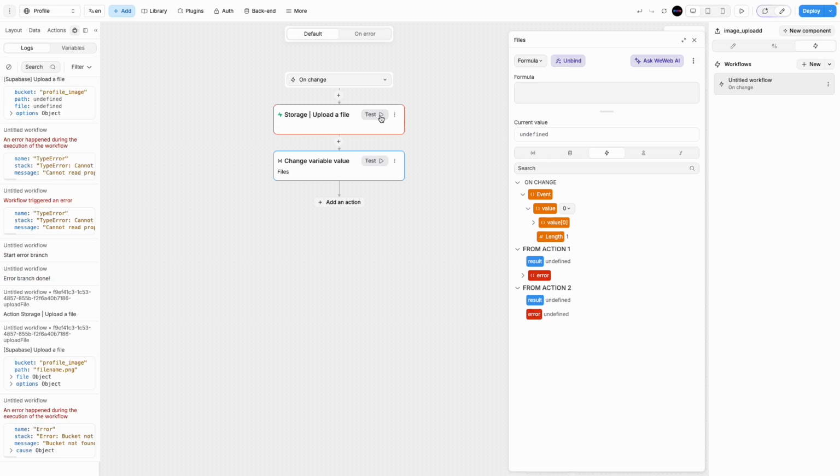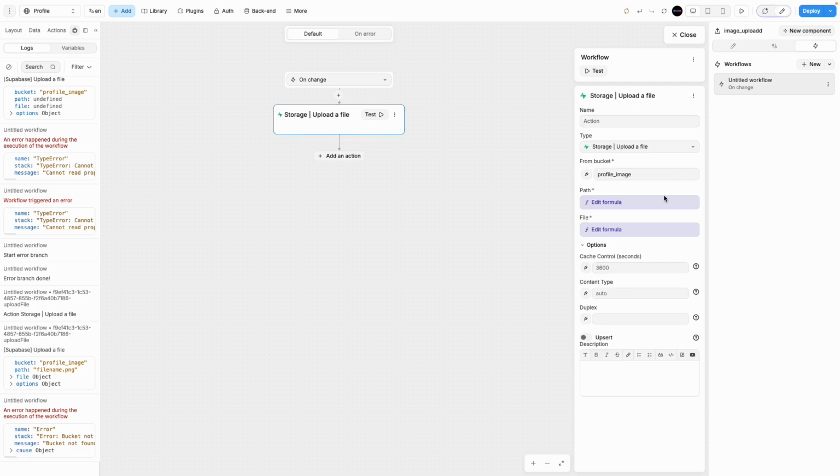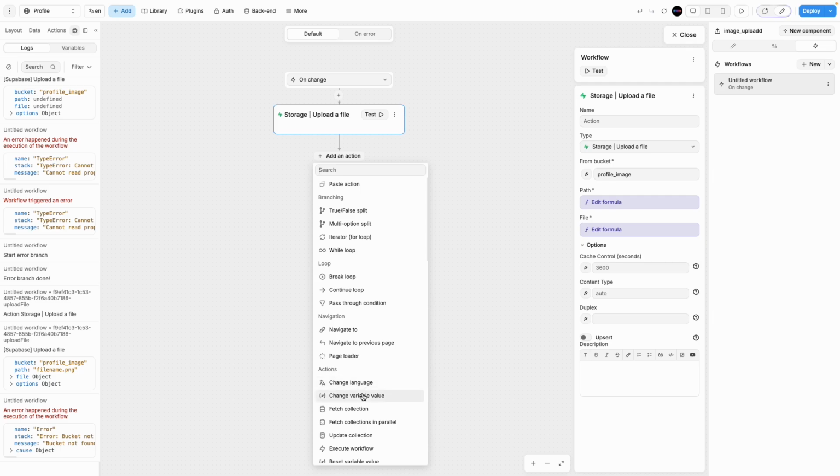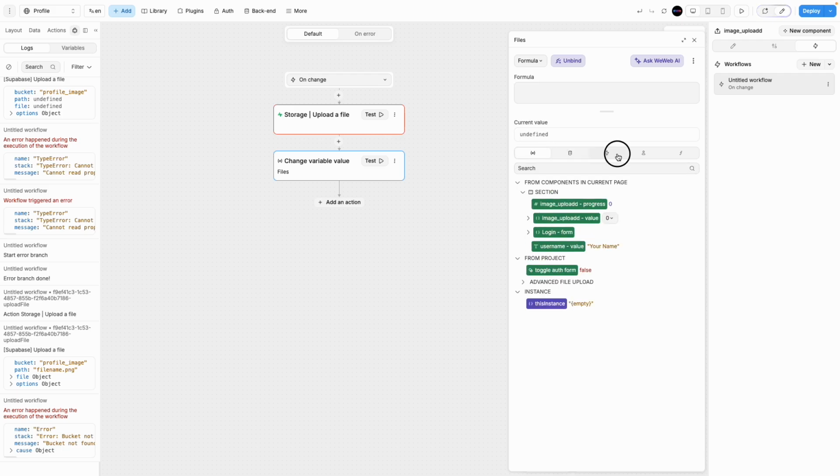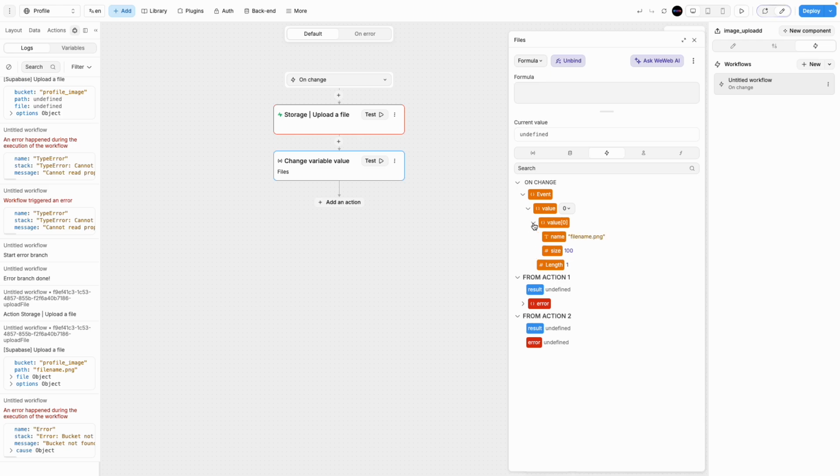let me reload that. Okay, delete. So it did its work. I just tested this, it has already done that. So I just need to click on change variable. Now you need to bind that with files, and the value will be the first event, this one, right? This one is an error, bucket not found. Well, bucket not found, that means